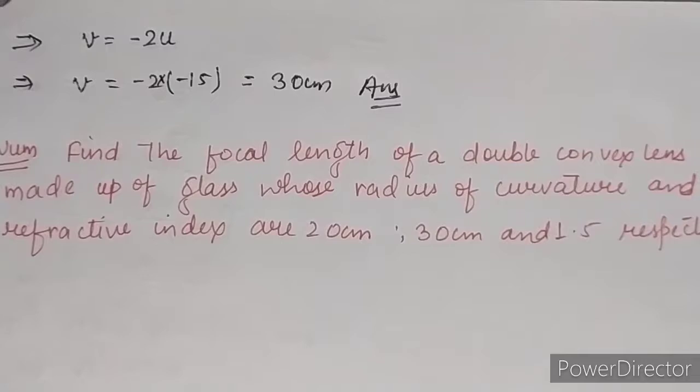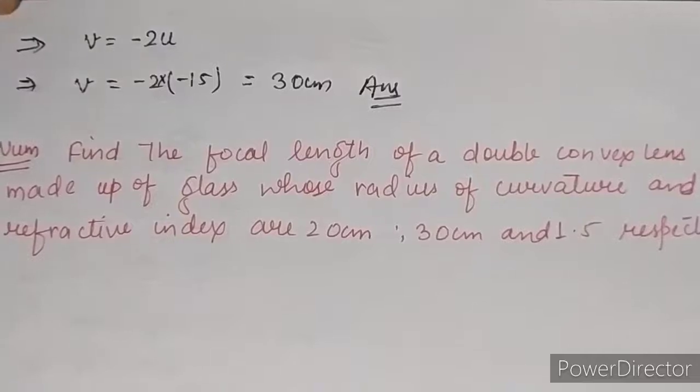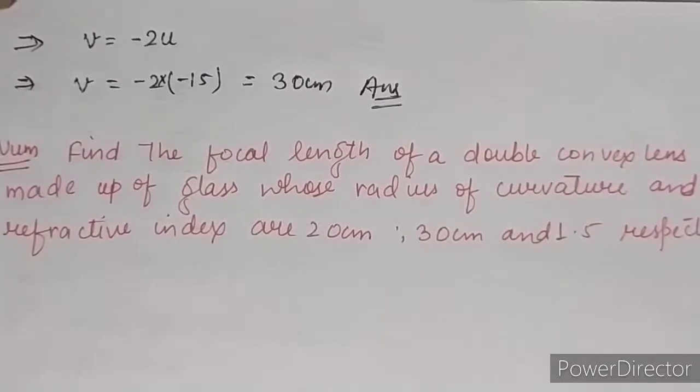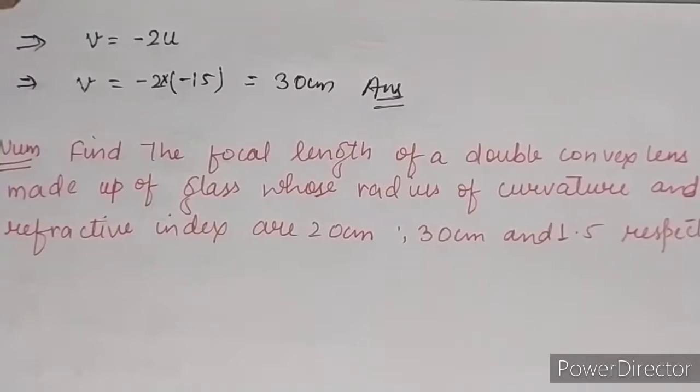The first numerical which we solved today was completely formula based. Remember, if the entire refractive index has been given, then we use this formula which we are using right now, and if two different refractive indexes are given, that is the refractive index of the lens and the refractive index of the air or water or oil, whatever the condition given, at that time we have to use the N2 upon N1 formula.